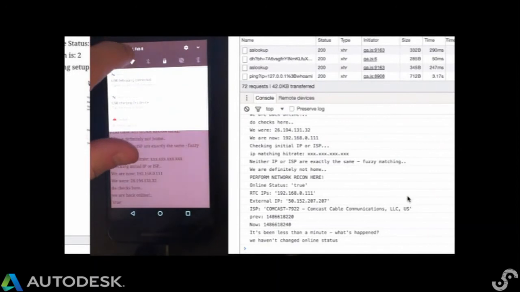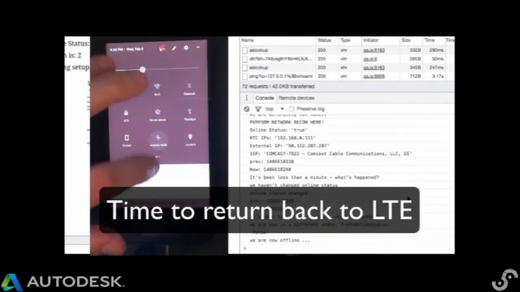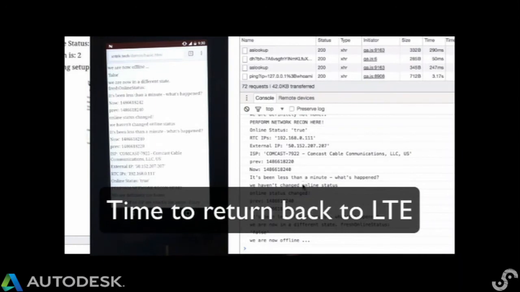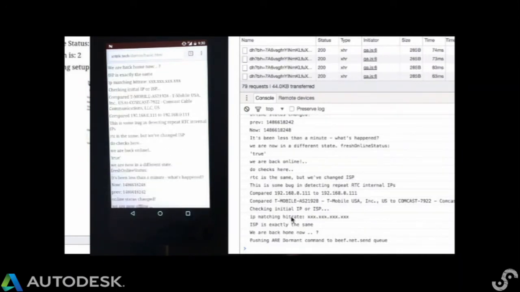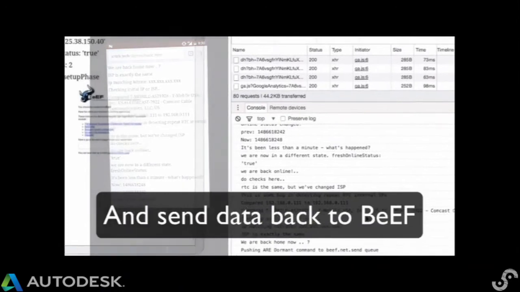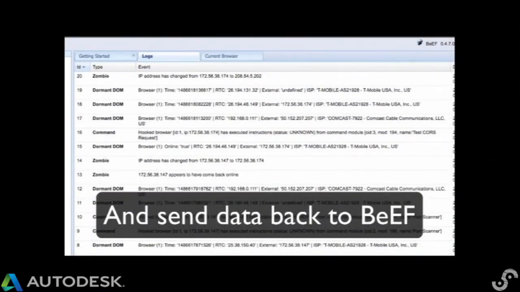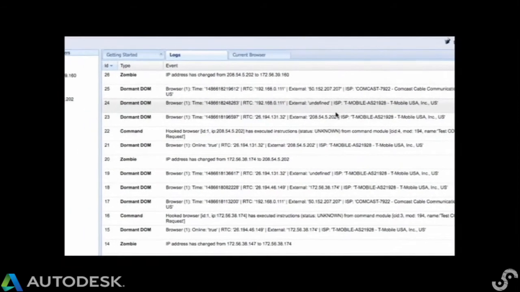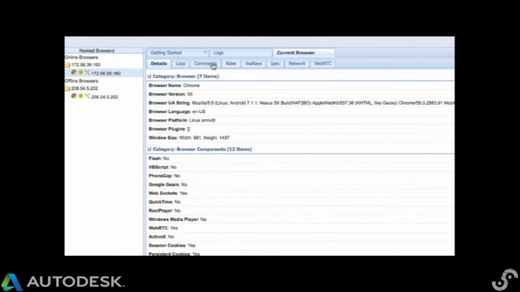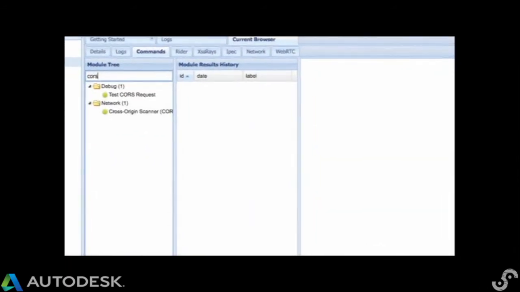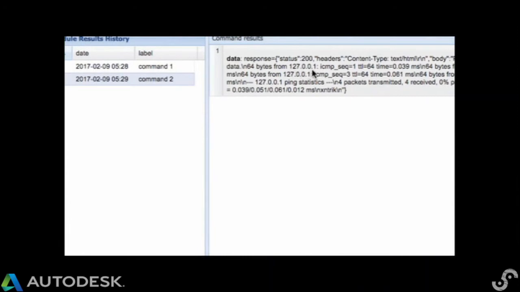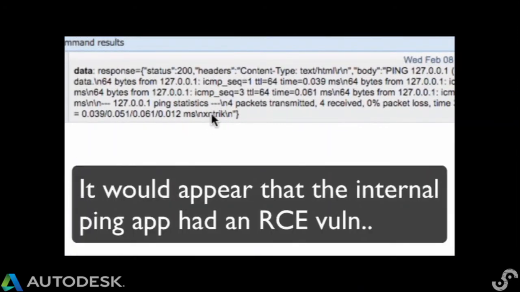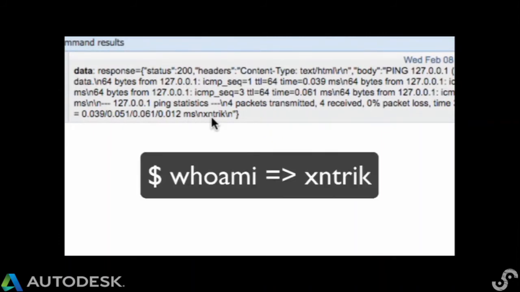And then obviously if we jump back to the home network, that data will be dumped back up to the beef server. It'll push the results back up to beef, and if we jump back into that command module, we'll see that it's been run a second time and we've got more results this time. And you can see what appears to be a ping response, and at the end of it, a username. JavaScript's pretty cool.